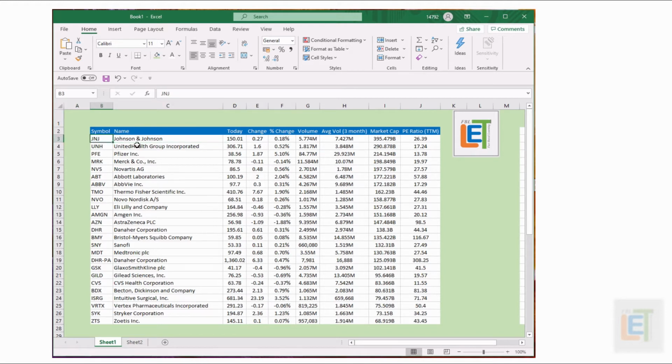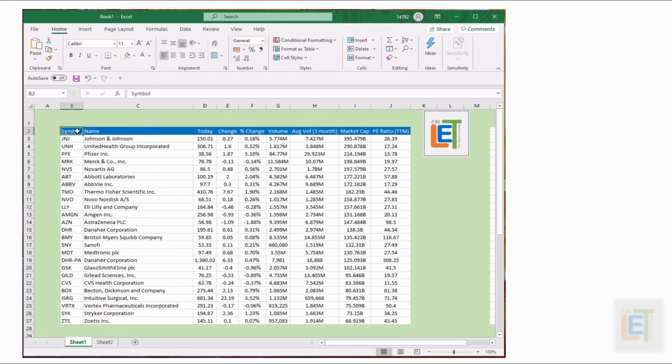In order to move or navigate between the cells, you can use different ways. Let's see one by one. You can straight away take your mouse and select the cell you want, or you can simply press the up arrow on your keyboard to go up, down arrow to go down, right and left in that way.